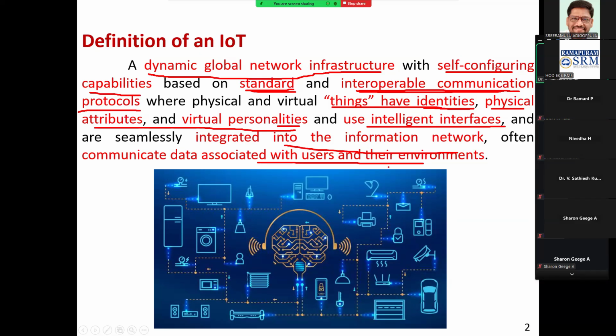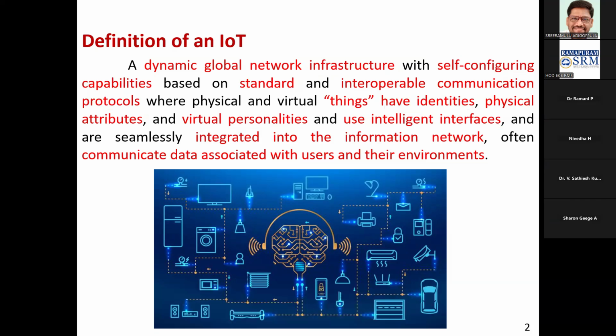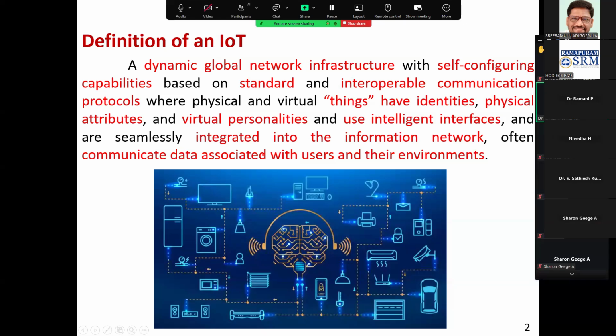So now let us look at this definition one more time. Now we will be able to understand it in a much better way. IoT stands for Internet of Things, which means we are going to have a dynamic global network infrastructure. We are going to have a very big network which is going to be dynamically getting changed, and it will be with self-configuring capabilities. As and when I add a node, I remove a node, what will happen? Automatically it gets self-configured, and it should support standard communication protocols, and also it should work with interoperable communication protocols